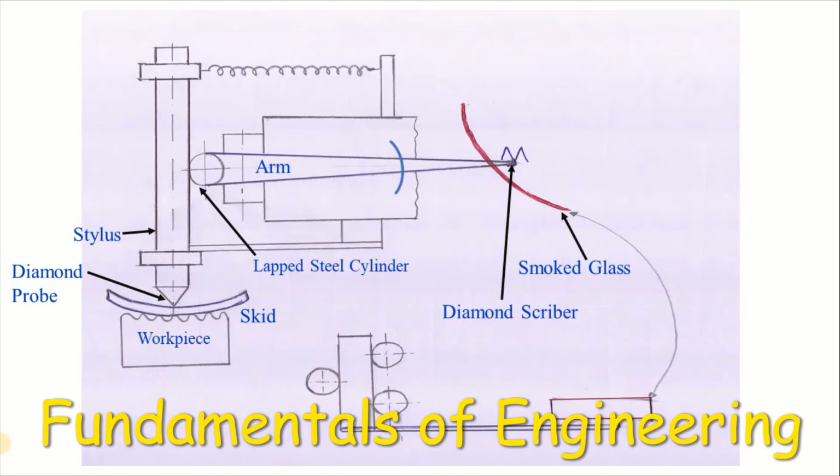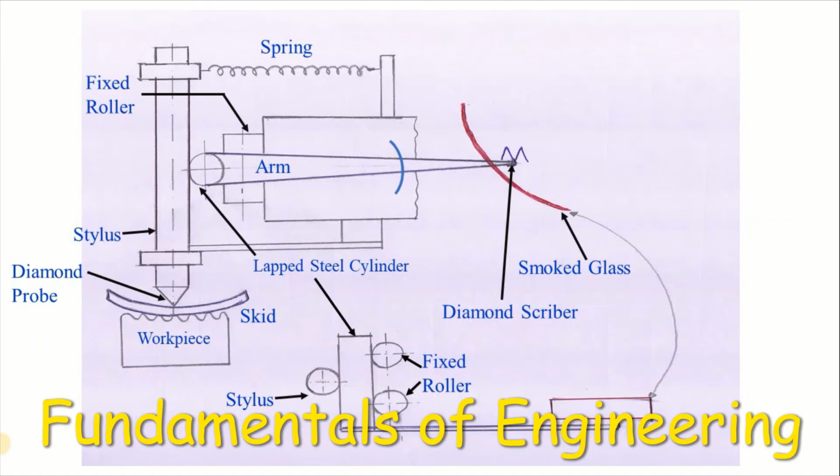The lap cylinder is supported on one side by the stylus and on the other side by two fixed rollers. In the enhanced image you can see at the bottom the lap cylinder supported at one end by the stylus and at the other by the fixed rollers. The stylus is restricted from all other motions except the vertical one by the tension in the coil and the lift spring. So the stylus will move only up and down, with no horizontal movement.